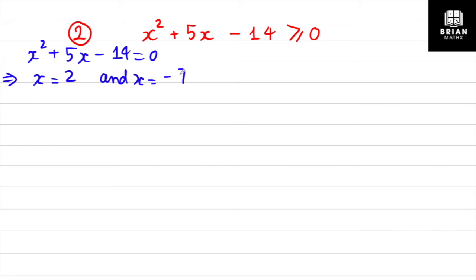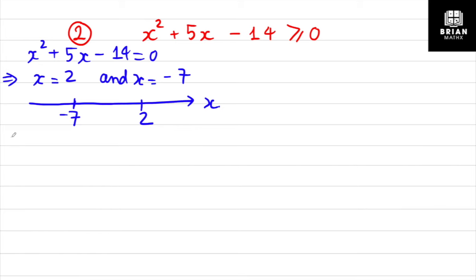it will be x equal to 2 and x equal to negative 7. We set them on the number line, and you will have the number line of x like this. The two values of x are 2 and negative 7. Negative 7 lies on the left hand side, and 2 lies on the right hand side. These two values will divide the number line into 3 parts,